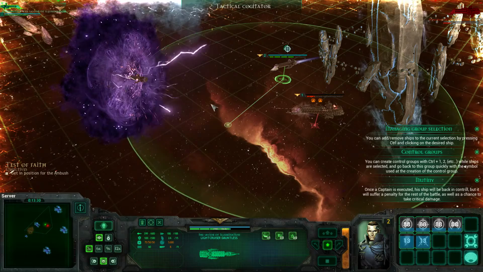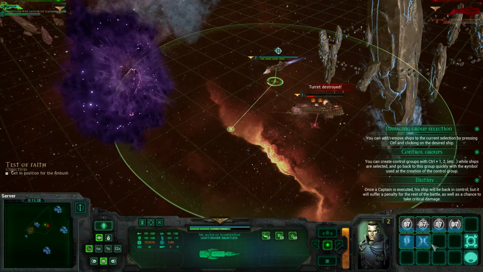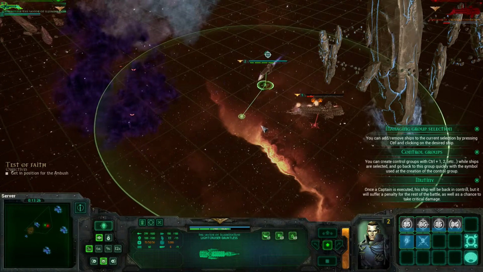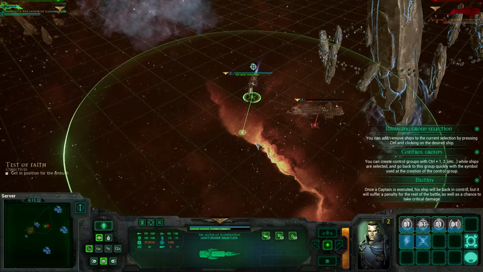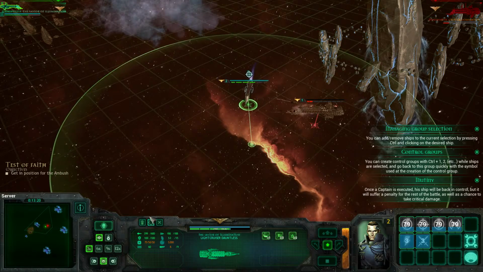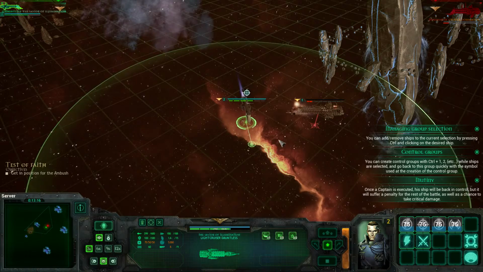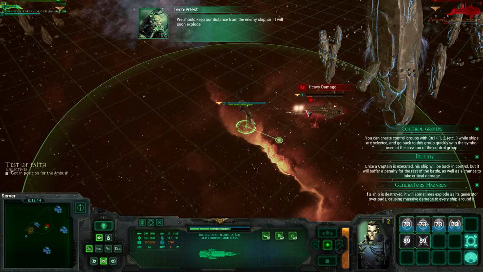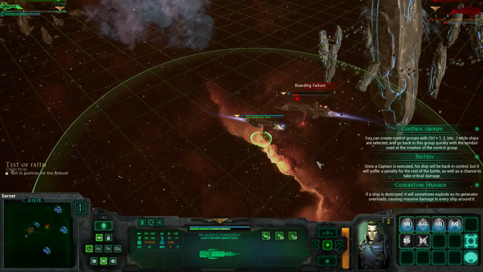So I'm just going to have to wait until this guy's down. That went into slow-mo there, but I wasn't able to actually find the button. I don't know if I was able to execute him, which was a bit weird. But there we go. So I just have to keep our distance from the enemy ship, sir. It will explode soon now, because it was just...